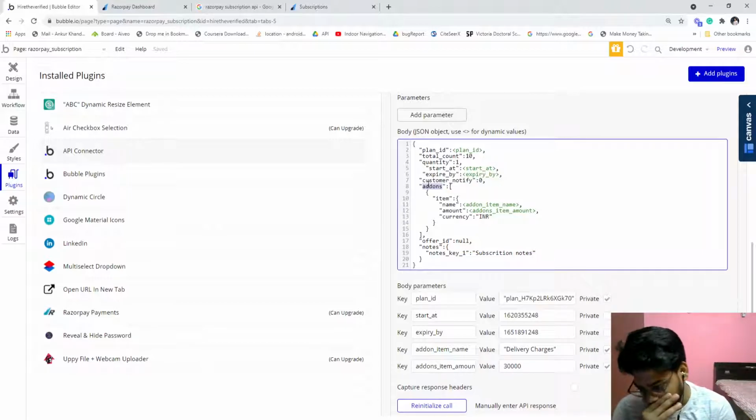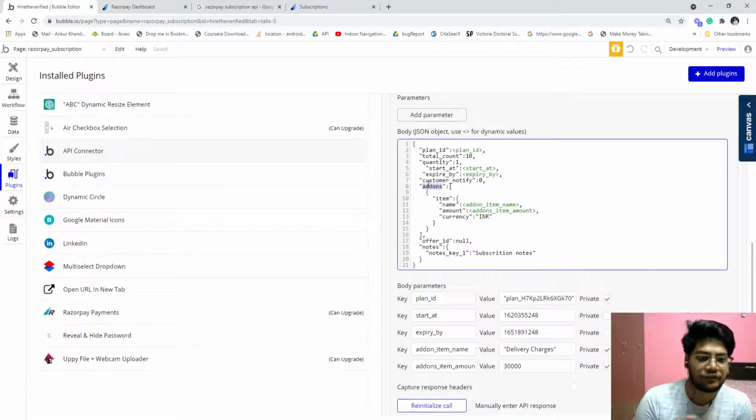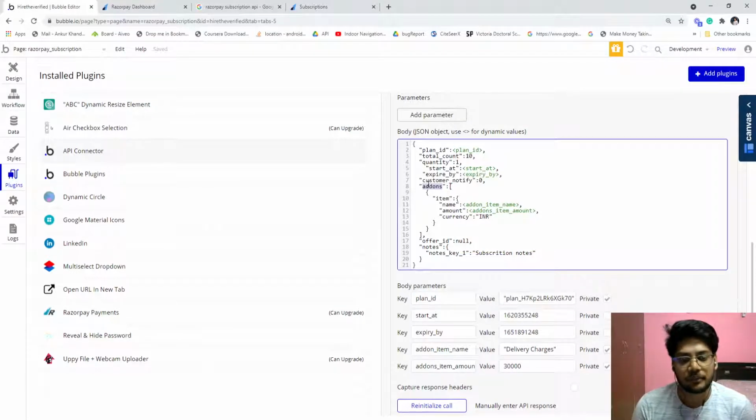I'm talking about, for example, a membership. Yesterday I was purchasing a health insurance. They have provided add-ons, based upon whether you want to add hospital cover or not. This is the subscription, I have to pay on a yearly basis.